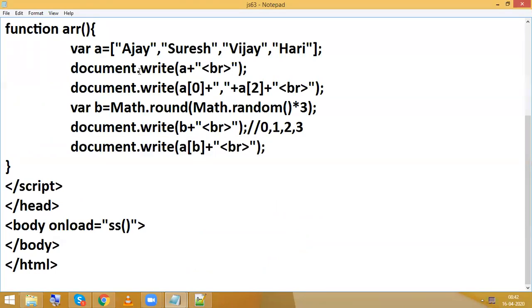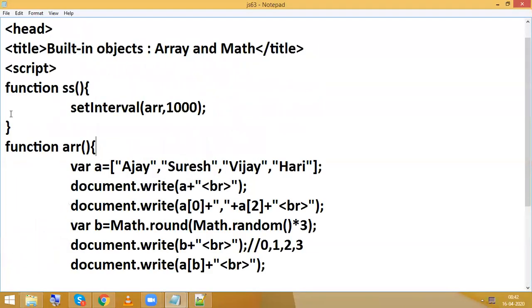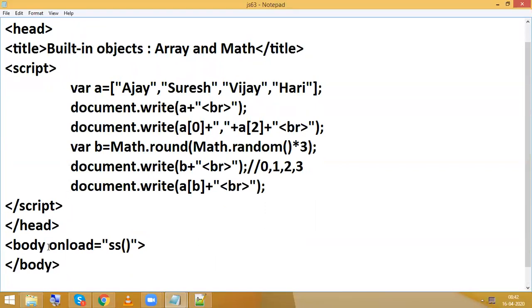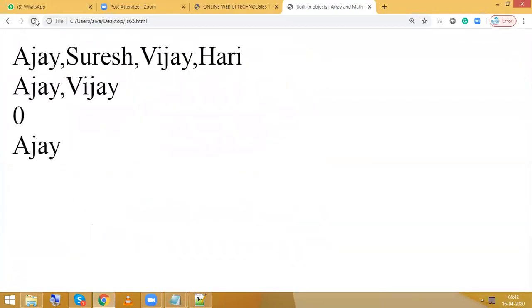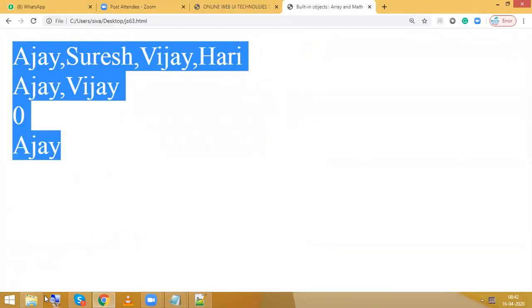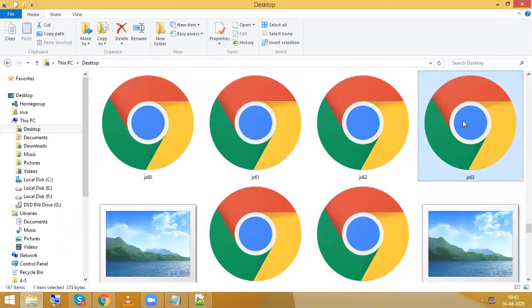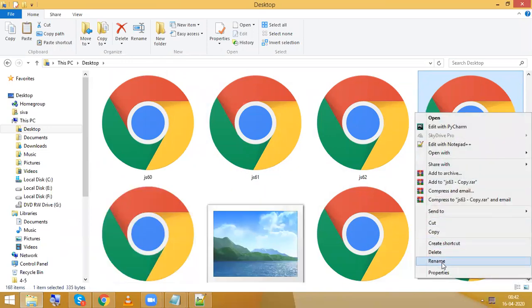For right now, I will keep this program directly like this. So this program is completed. Just refresh. So create another one, 64.